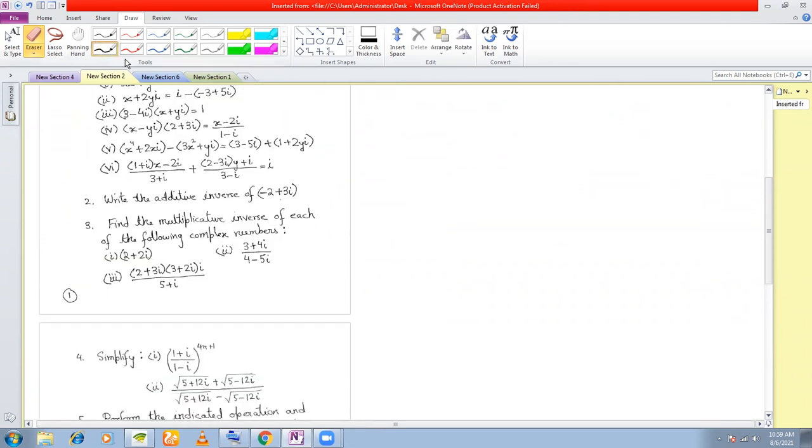Second question is, write the additive inverse of. So if you remember the definition of additive inverse, I first say let z1 is equal to minus 2 plus 3i. So what is the additive inverse of a complex number? As I told you, if you remember, you just change the sign of the real and the imaginary parts, you'll get the additive inverse, right? So therefore, additive inverse of z1